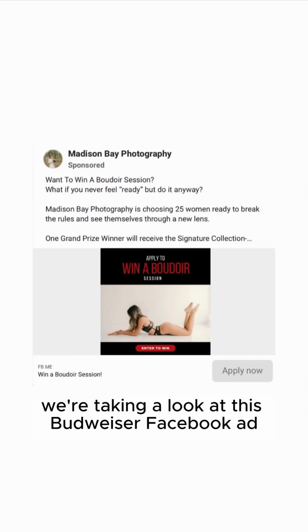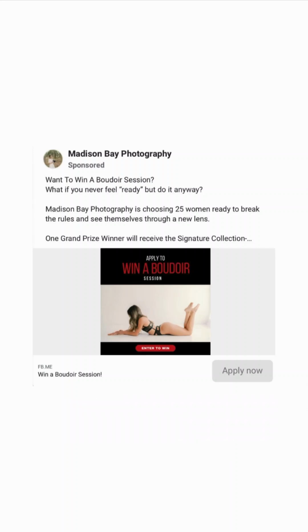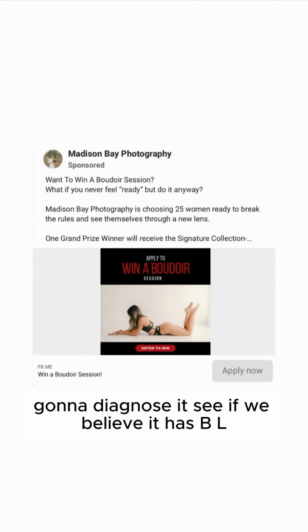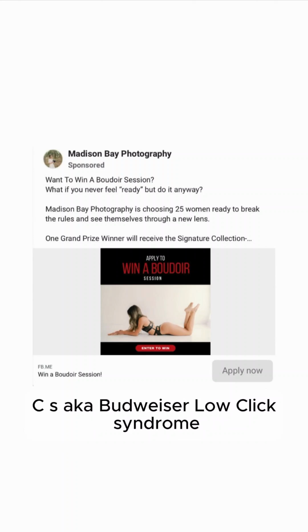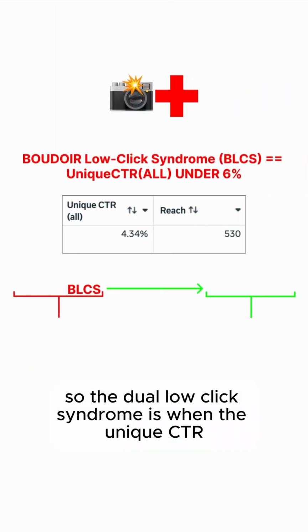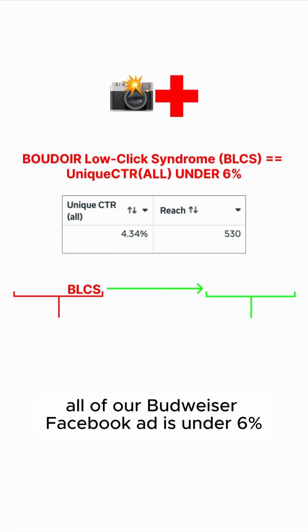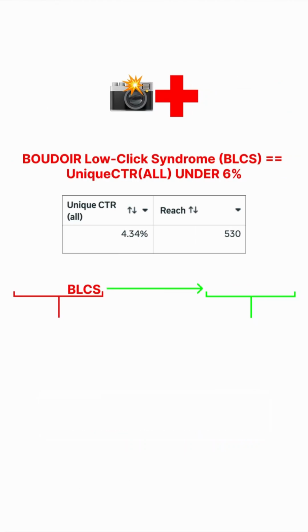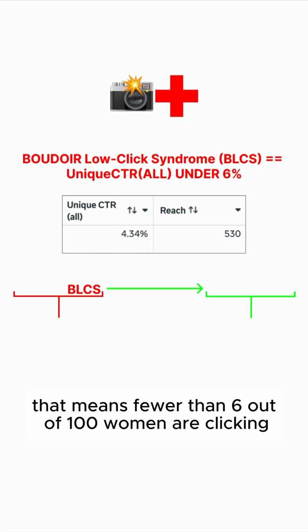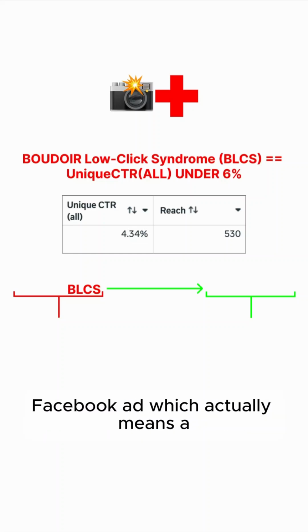All right, y'all, we're taking a look at this Boudoir Facebook ad. Going to diagnose it, see if we believe it has BLCS, aka Boudoir low click syndrome. So, Boudoir low click syndrome is when the unique CTR of our Boudoir Facebook ad is under 6%. So that means fewer than 6 out of 100 women are clicking somewhere on our Boudoir Facebook ad, which actually